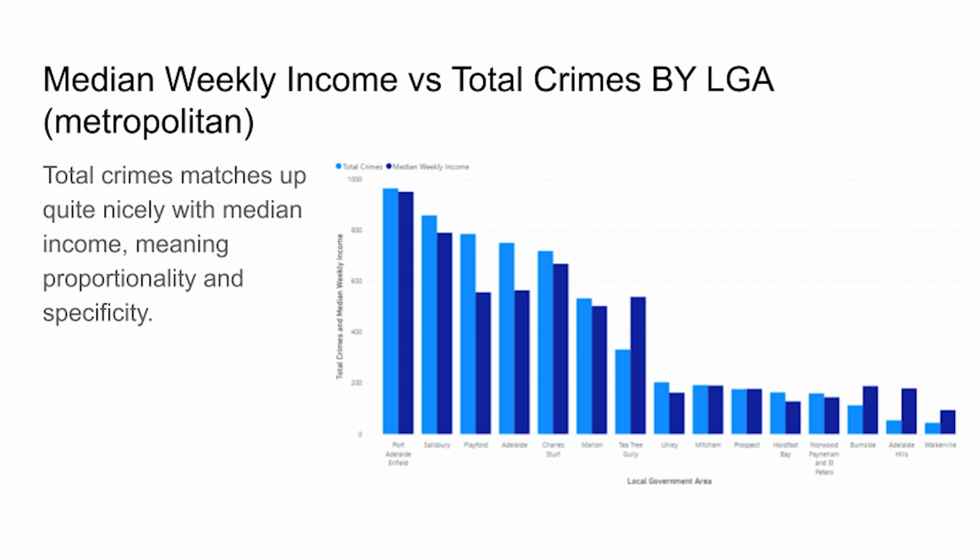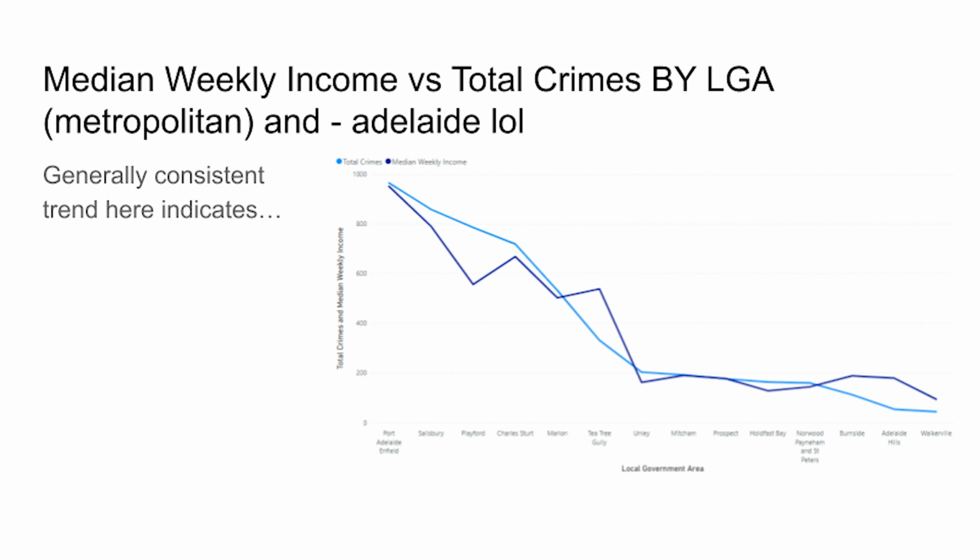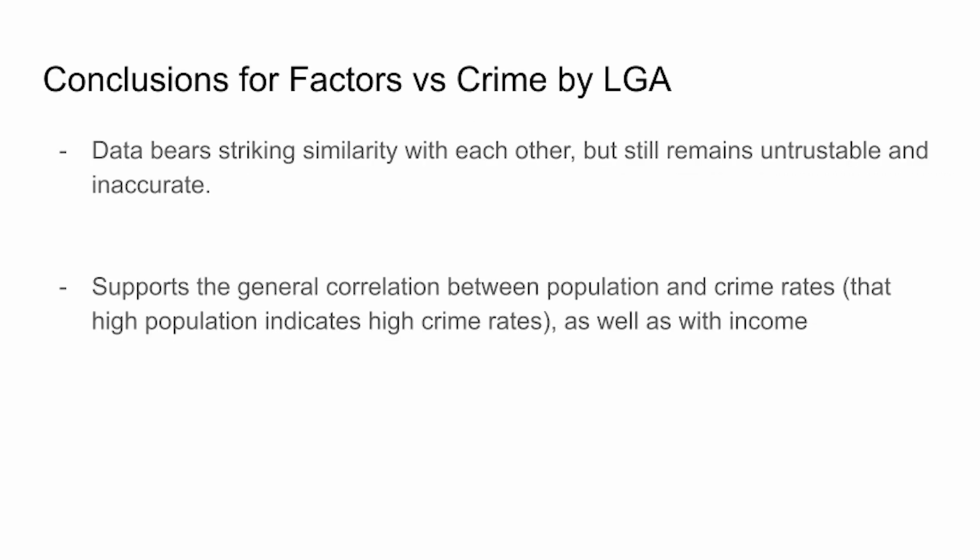So you can see here how the total crimes matches quite surprisingly with the median weekly income. This indicates that it is, again, proportional. Notice how in the line graph, there are areas where the line follows the other line perfectly. And this isn't always the case, but it does do it sometimes, and there are some outliers. So, what does this all mean? Has the simplification from postcode to LGA really made all the difference? No. But it does help to reinforce those vague conclusions we made earlier.